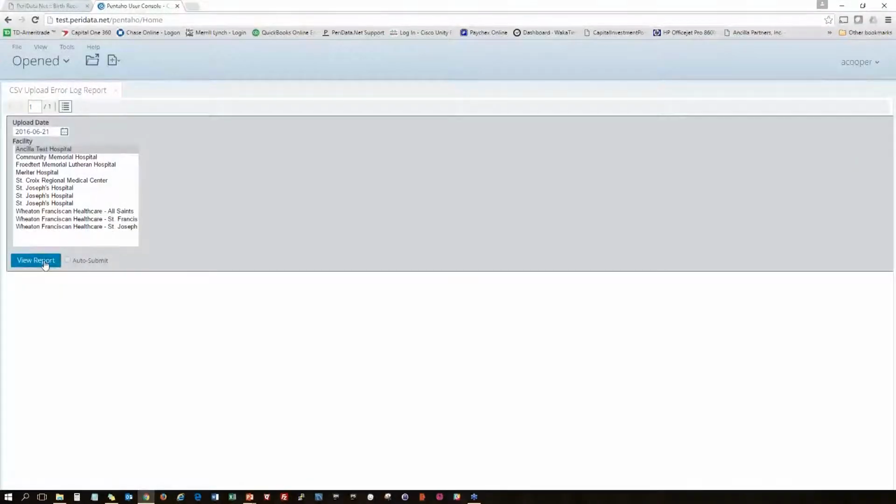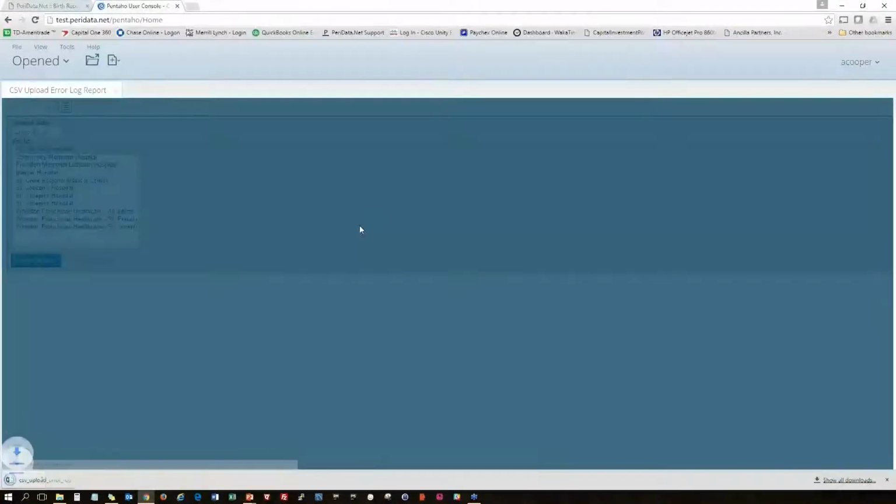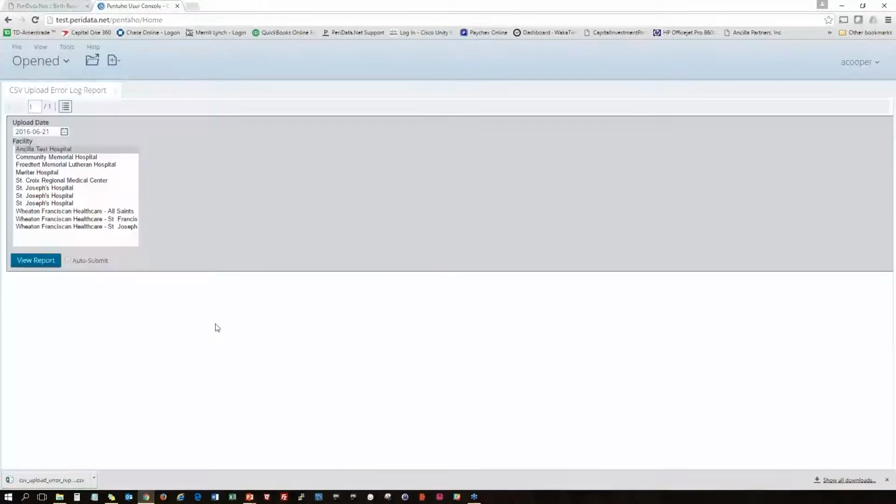And then you just have to choose the date that you did the upload for. So today was what I did, so you can just click on View Report. And then what it's going to do is a CSV file, so it's going to download the actual file that you can open up. If I open up that file,